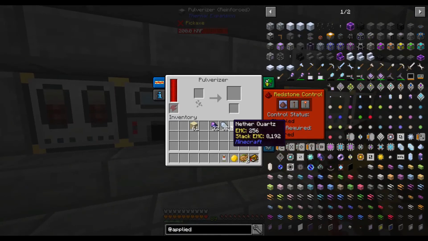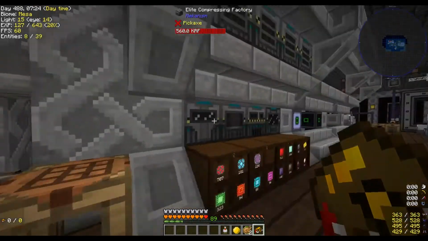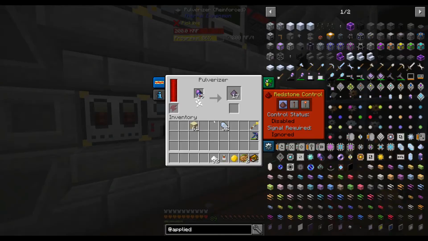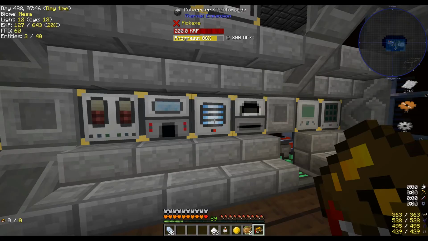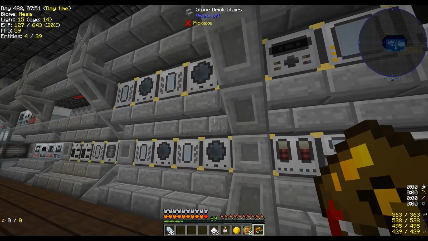So we'll grind up the fluix first. And can these go in the crushing factory? Yeah, sweet. That one can. That's cute. How's this thing coming along? Yeah, okay. Can the Certus go in the crushing factory? No. Sure, it cannot. So we're going to want probably...